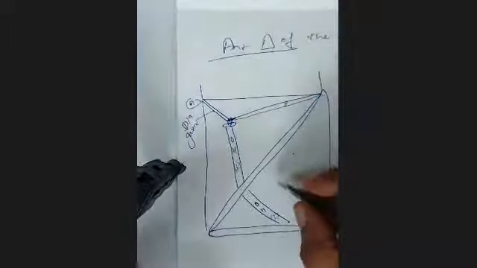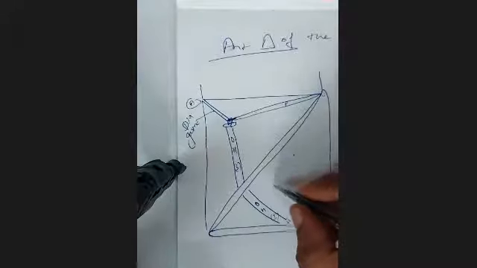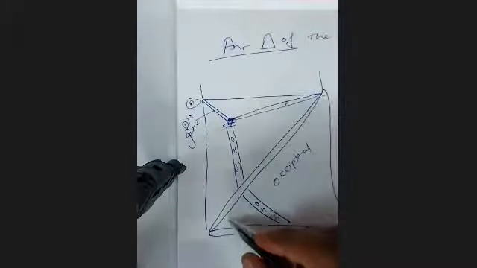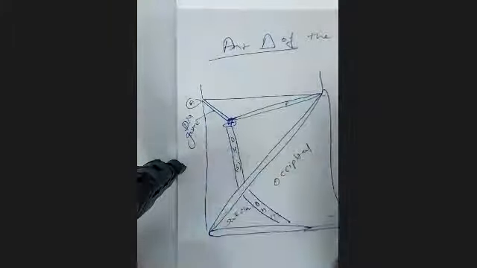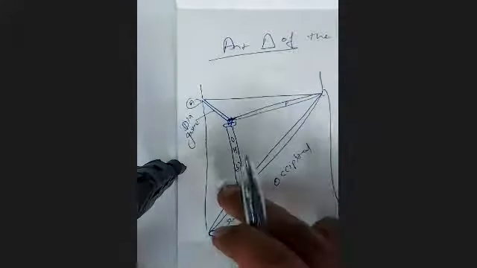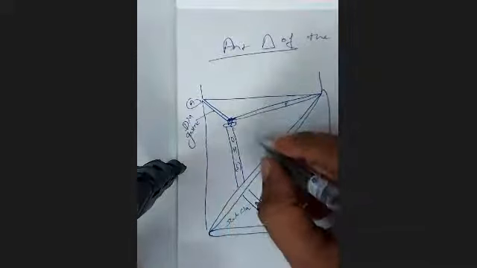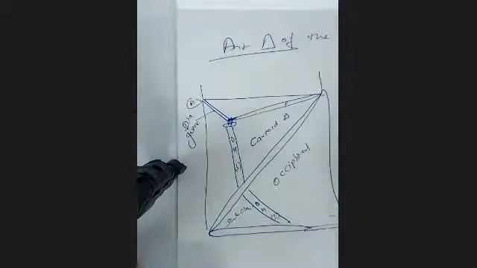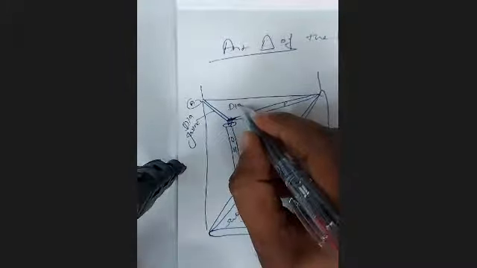Last time we have already studied that the posterior triangle, because of the inferior belly of omohyoid, is divided into a larger occipital triangle and a smaller subclavian triangle. Now the anterior triangle gets divided into four triangles. This is called as carotid triangle. This is called as digastric triangle.